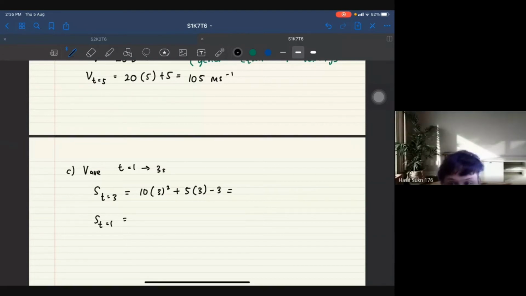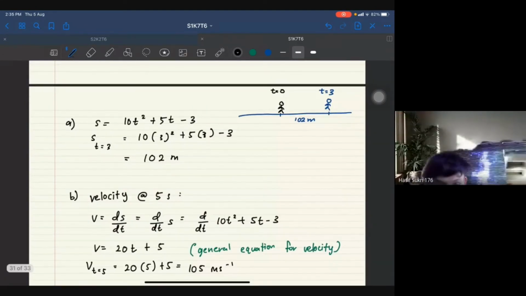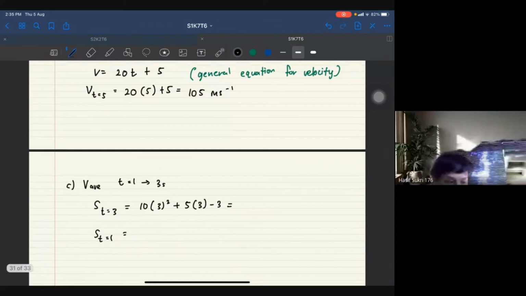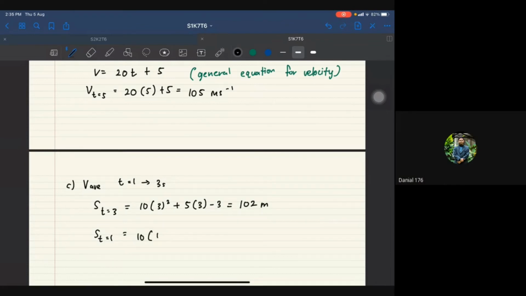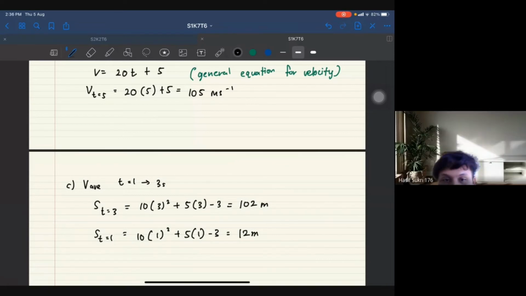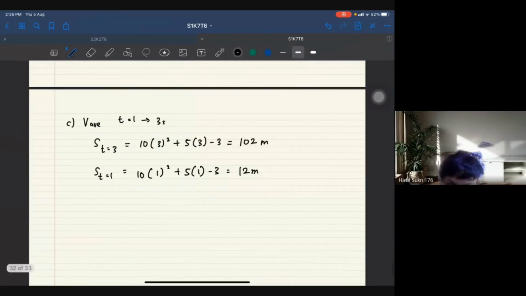Okay. Ni kita dah kira kan? So jadi 102. Betul kan? Betul. And then we have 1 plus 5, 1 minus 3. This one is equals to 12. Yeah. Okay. That means my delta V average